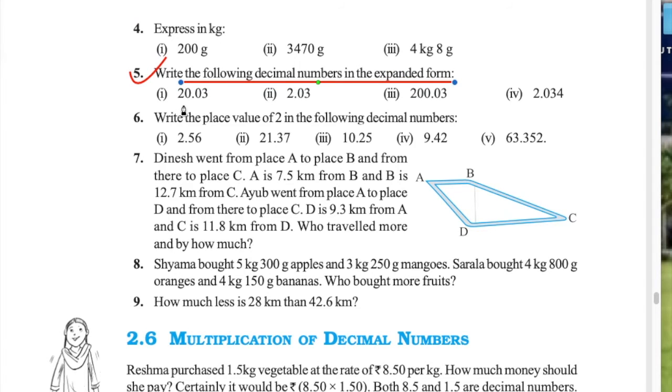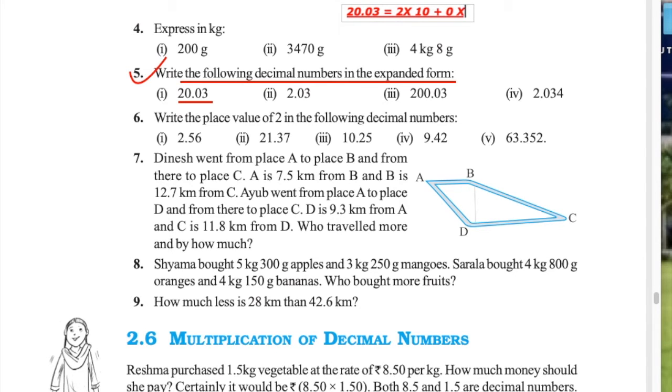So for expanded form, the first part is 20.03. How will you write the expanded form of 20.03? You just count the number of places. Before the decimal, ones and tens. And after the decimal, tenth and hundredth. So how will you write 20.03 in expanded form? It will be equal to 2 multiplied by tens because it is at tens place, plus